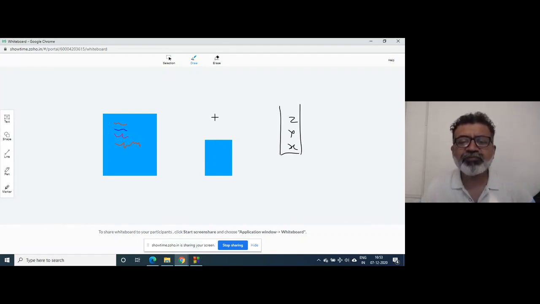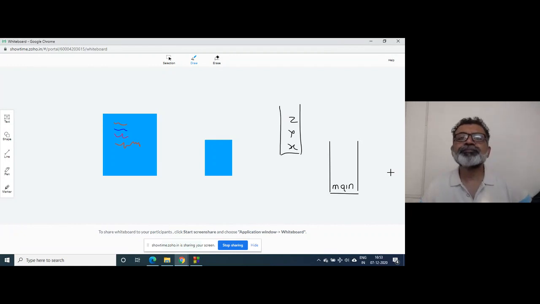Similarly, if you have declared some function here, again a separate stack is maintained. Now, for functions also, a stack is maintained. So for this function, a separate stack is maintained, right? So when you call the main function, the main will be pushed onto the stack, right? Now when control goes to, what is the name of this function?